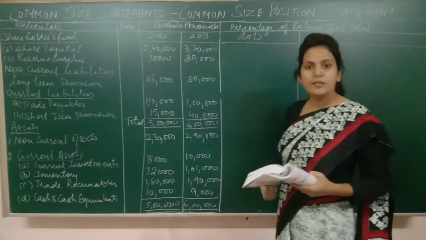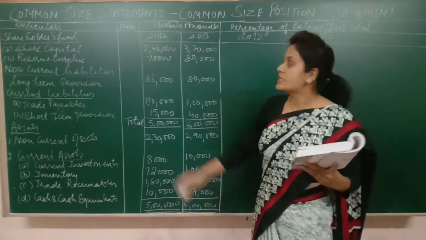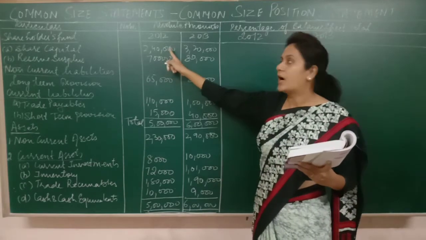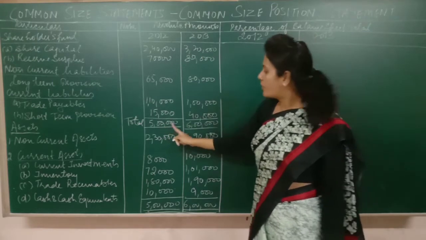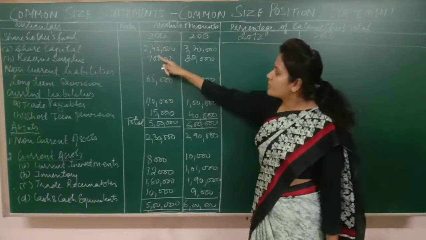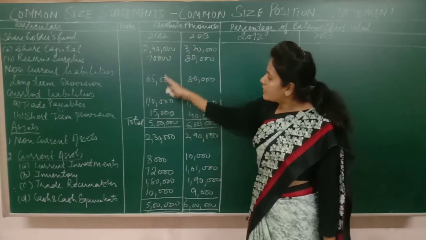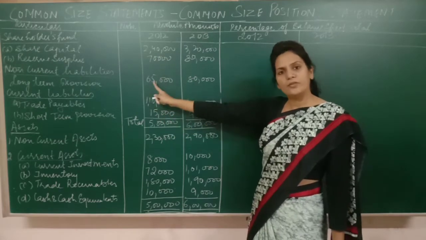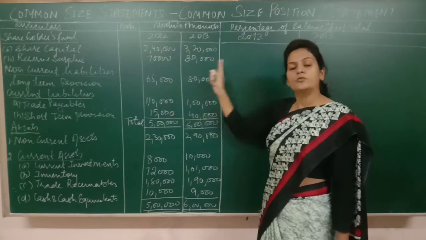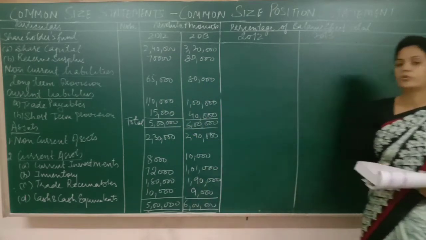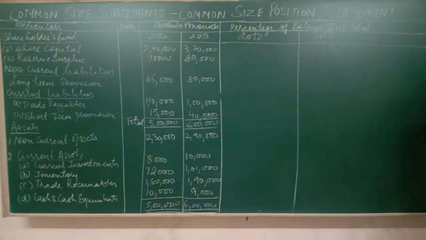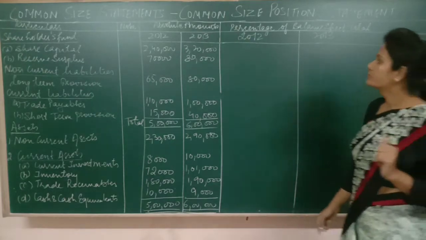I explained this line in the beginning; I'll say it again. Common size statements are those statements in which individual figures are converted into percentage but to some common base. Here the common base is the total value, because I'm going to convert the value of each and every liability of the previous year into percentage in relation to a common base. So here I'm also going to do the same, that is 2,40,000 divided by rupees 5 lakh into 100. Now if I solve it, the value comes to 48%.